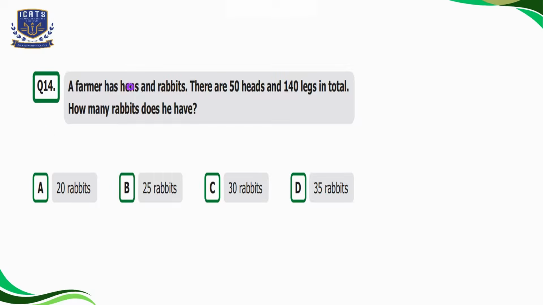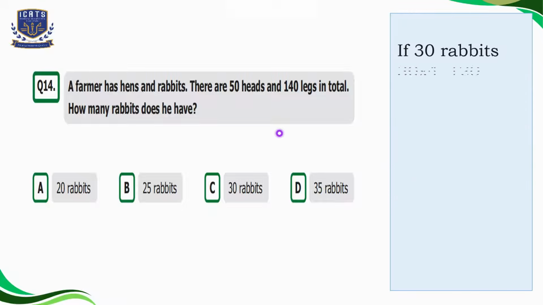Question number 14. A farmer has hens and rabbits. There are 50 heads and 140 legs in total. How many rabbits does he have? Option A is 20 rabbits, option B is 25 rabbits, option C is 30 rabbits, and option D is 35 rabbits. Like for example, if there are 30 rabbits,